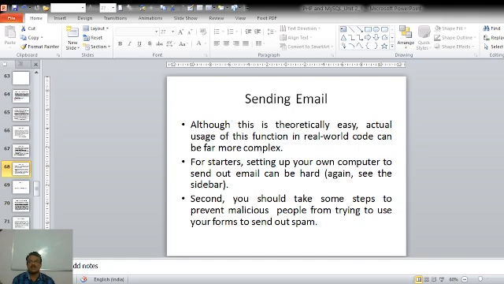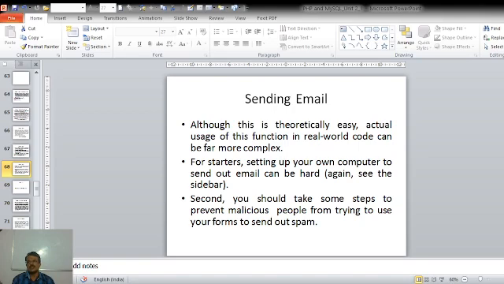So this is again a problem. Although it is theoretically very easy to use the email feature in PHP, the actual implementation of this function in real world code can be much more complex.